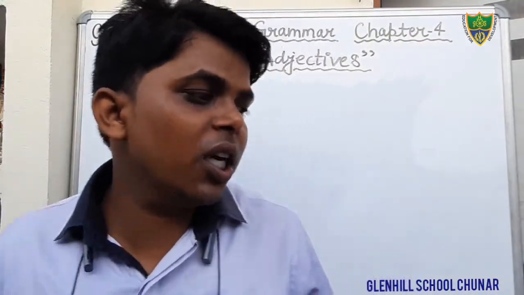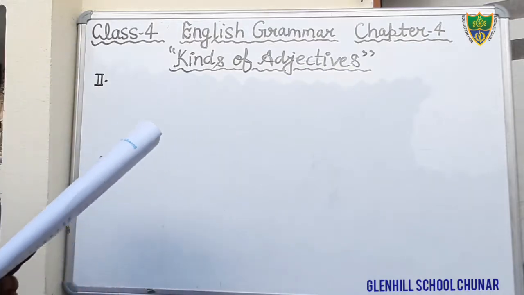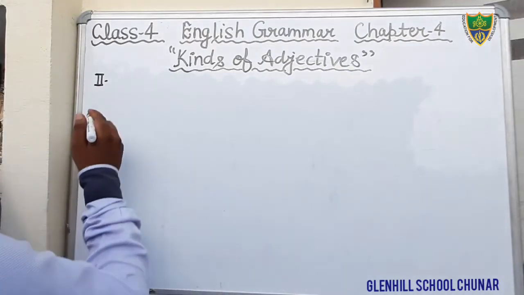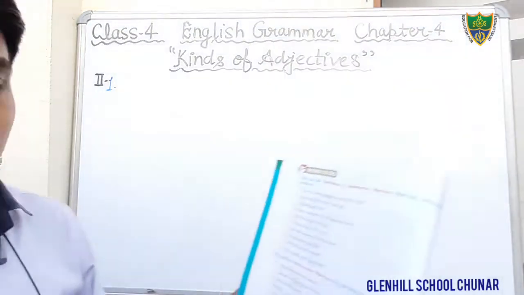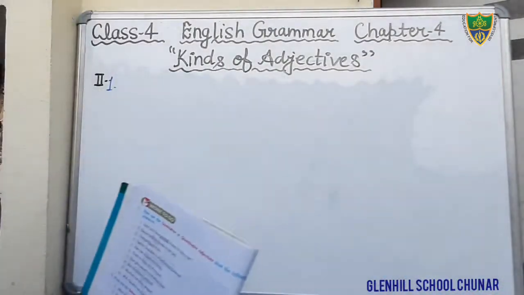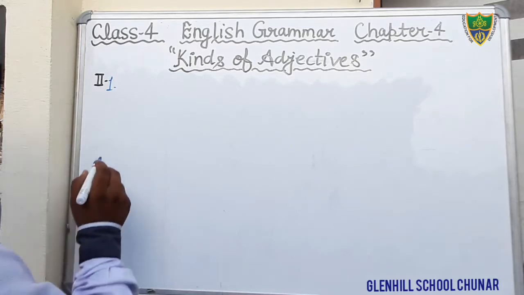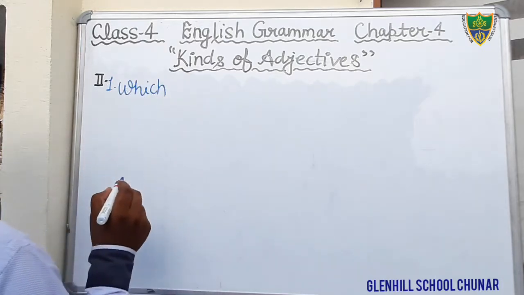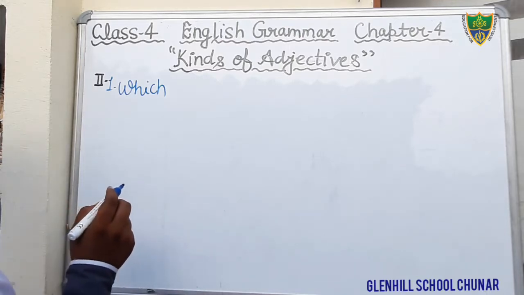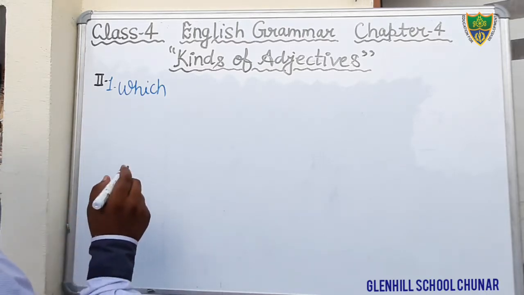Exercise first. Just see here. You see the first question is given. In this question we have to pick out the demonstrative adjective. Just see the sentence given in your book. You will not write, you will only see. We have to only write the demonstrative adjective. What is that teacher teaching?